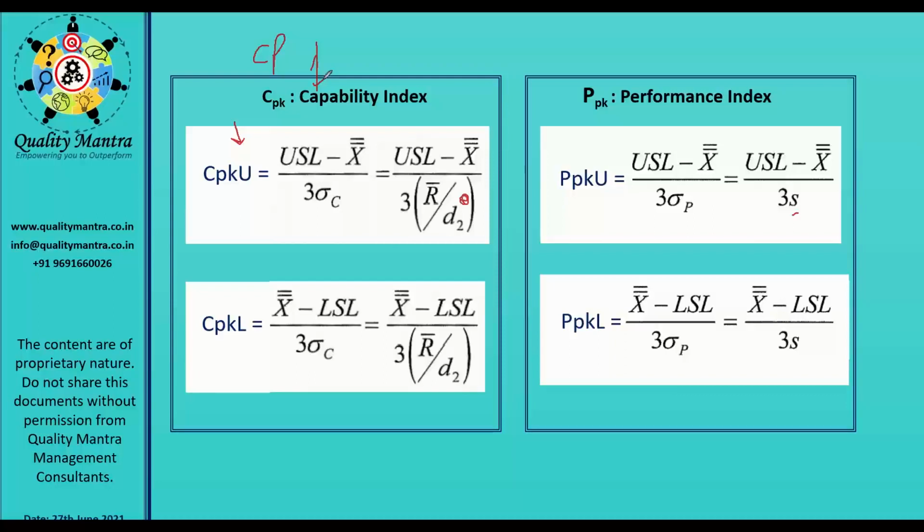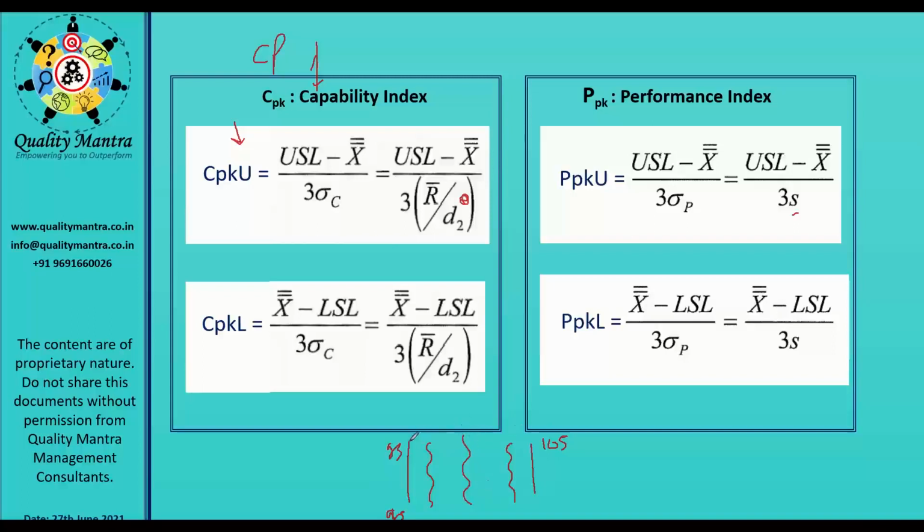Averages of the averages. So it means you are taking into consideration the averages. Okay, so average means the process centering is coming. Is it not? Right. Because if the process is running somewhere here, the average will be different. Say it is LSL of 95 and here is the USL of 105. We are taking the same USL and LSL now. If the process runs here, the average will be different. The process runs here, the average will be different. And if the process runs here, the average will be different. Is it not?